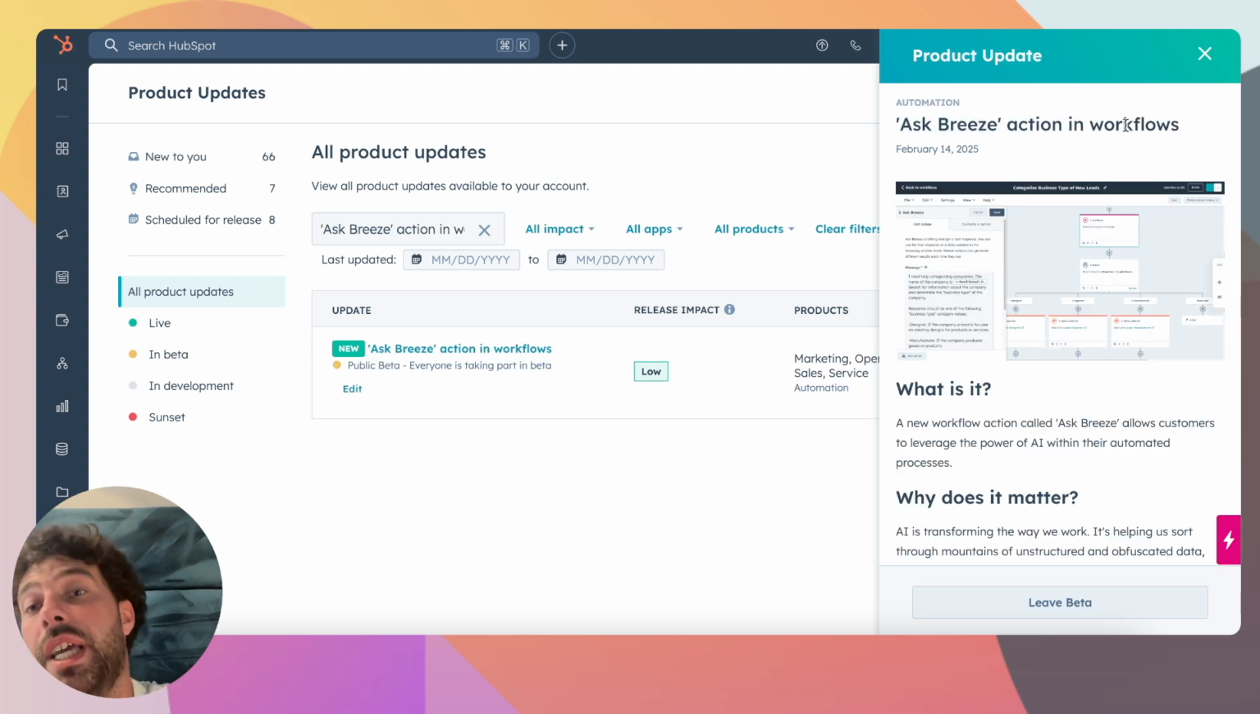Another huge update is now that we have the Ask Breeze action in workflows. So if you don't know what Breeze is, the HubSpot AI agent that they released a few months ago, now you have the possibility to ask Breeze, like you would ask any LLM, anything as an action of your workflow. So basically you can use it for a lot of different use cases,